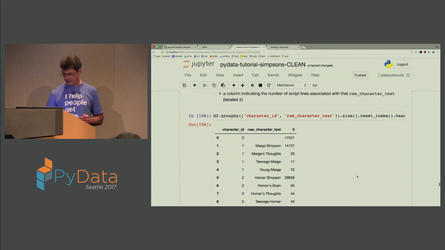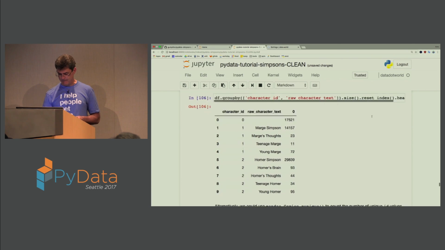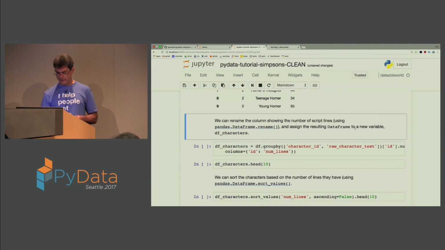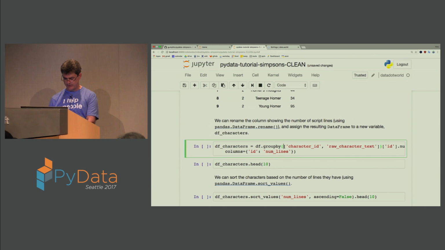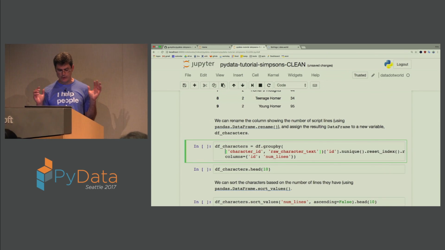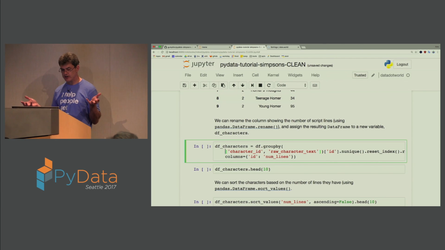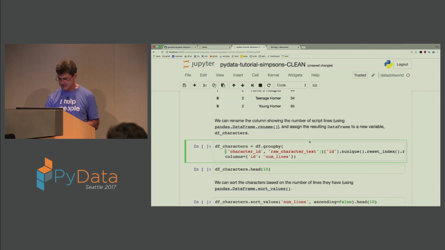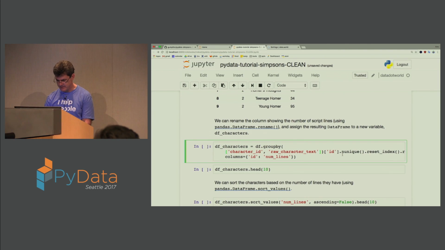And then I'll also note that here I'm inserting a reset index just to pull things down from a multi-index into a single data frame. Because I get all balled up when I try to use multi-indexes. I try to convert them back to data frames as soon as I can. Okay, so if we do this operation here, I guess I will pull this down so it's all visible. Okay, so now if we group by character ID, raw character text, and then count the number of unique IDs, reset the index,